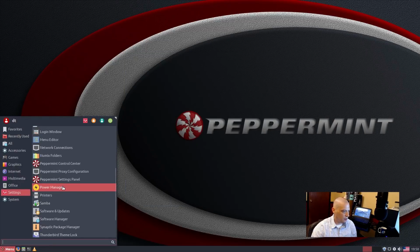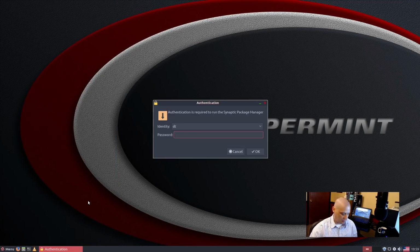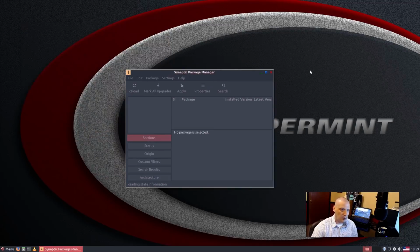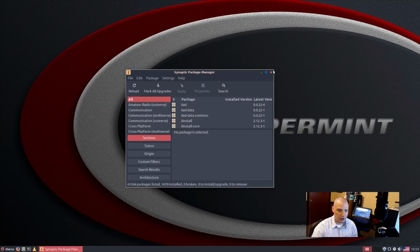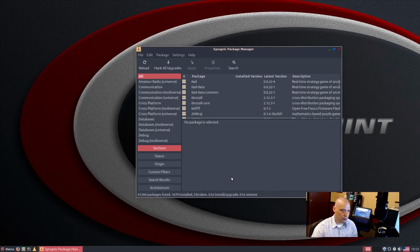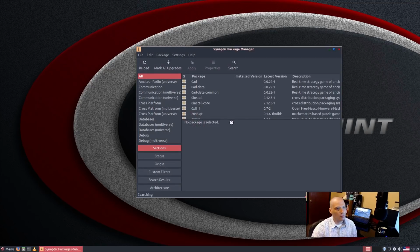Also under settings, we have our Synaptic Package Manager, which is another GUI package manager. Actually, Synaptic is really fantastic if you don't need images, if you don't want to see screenshots and read reviews of other people that installed it. If you just want to install a package, Synaptic is fantastic. You just search for a package, again, Chromium. Hit enter,